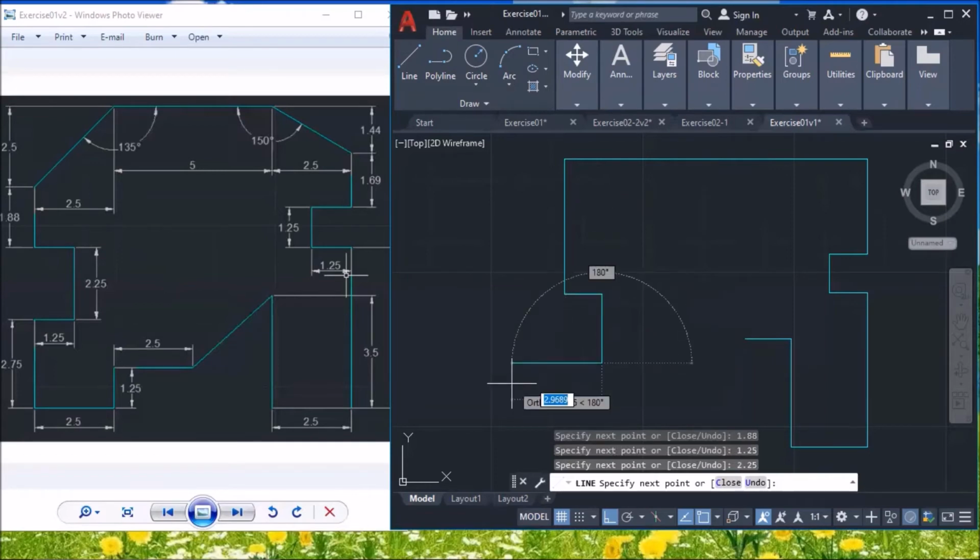Going to your left, 1.25. Going down, that is 2.75. And going to your right, that is 2.5. Going up is 1.25. You see, continuously we can draw the line. Then 2.5